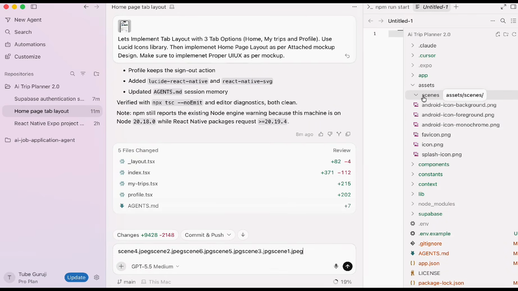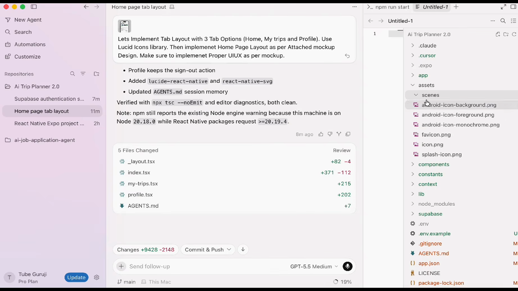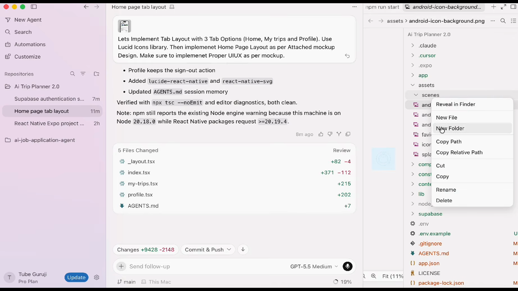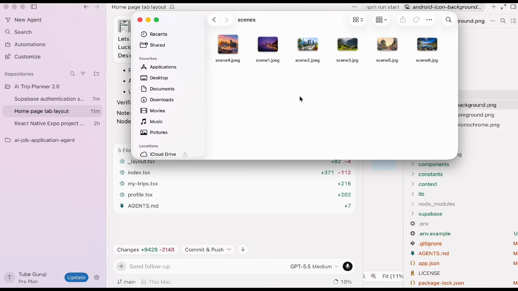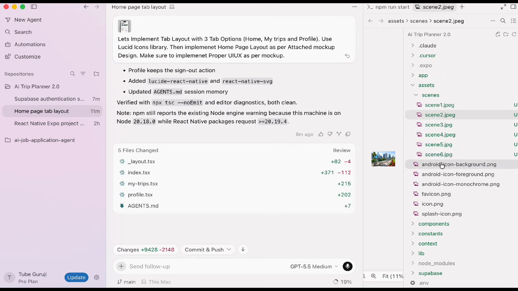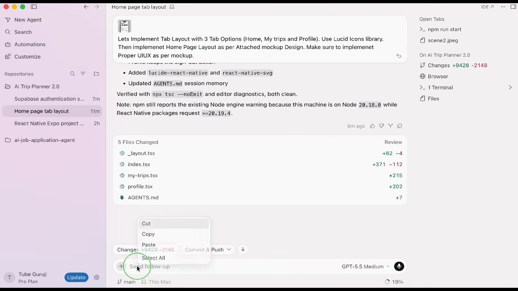I think it's not getting copied directly. So in that case, you can simply reveal it in the Finder and then paste it here. Now you will see all of these files are available. Now you can simply mention that. So over here we'll say